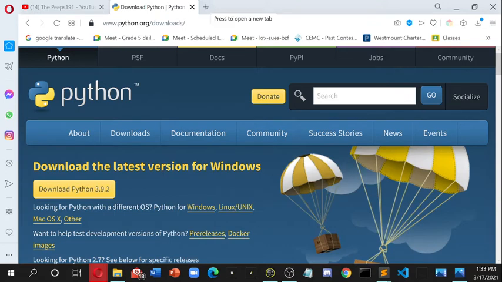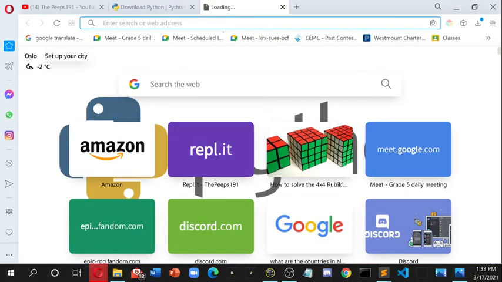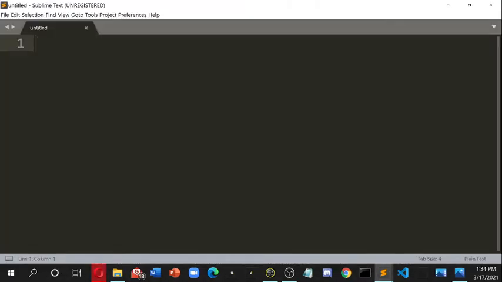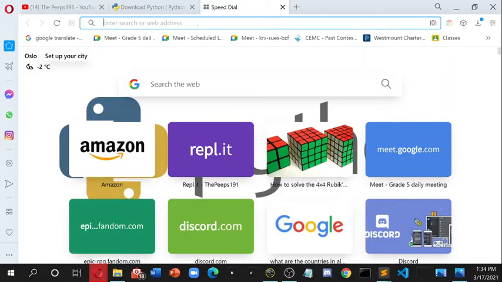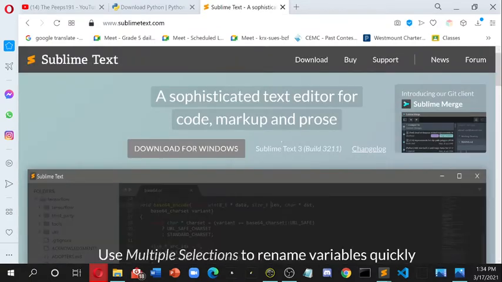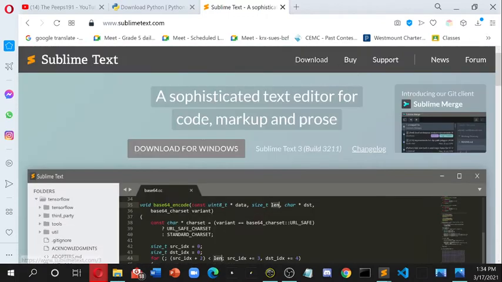Also, now that we have Python installed, we'll need Sublime Text. So Sublime Text is just a text editor. So it's like this, like we can type text into it, and it can format our text and color it. So to do that, that's just sublimetext.com. I'll also put the link in the description. But at sublimetext.com, go to download,